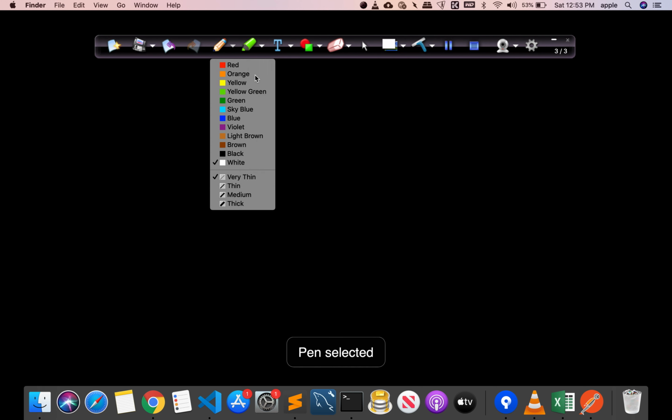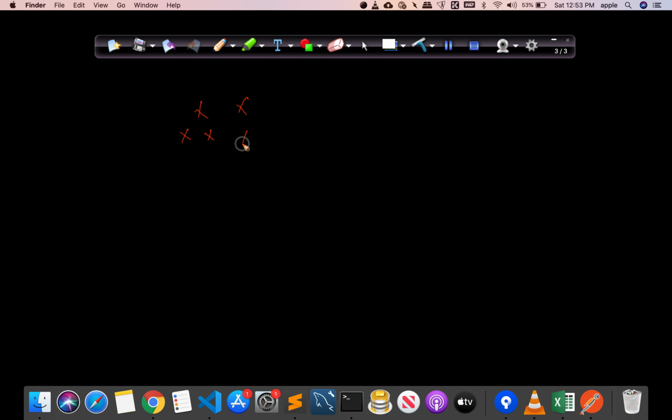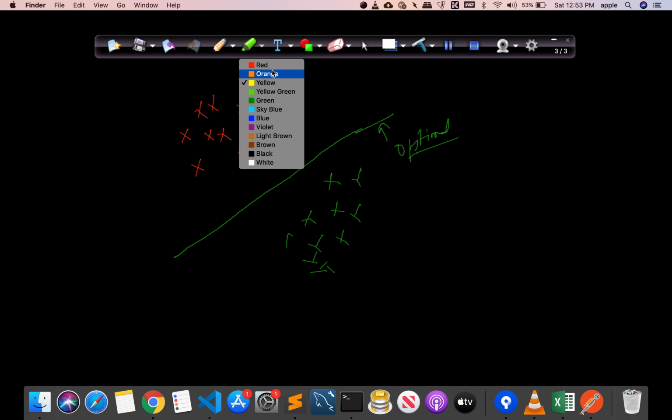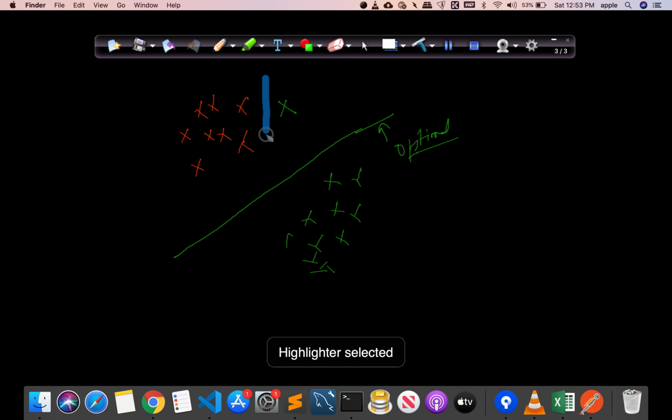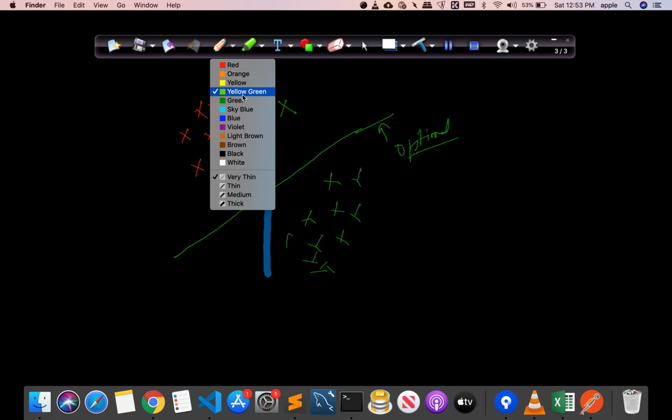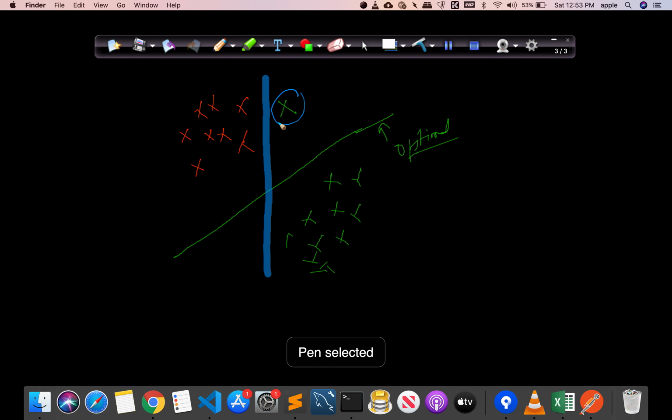Suppose these are a class of points which are lying here, and these are some other class of points which are lying here. And now if a point of this class lies here, our hyperplane should not shift from this side. See, this is the optimal hyperplane. Visually we can see this is optimal, but our hyperplane should not shift from here to here just because we want to classify this point properly, because this may be an outlier. So we have to come up with some formula.